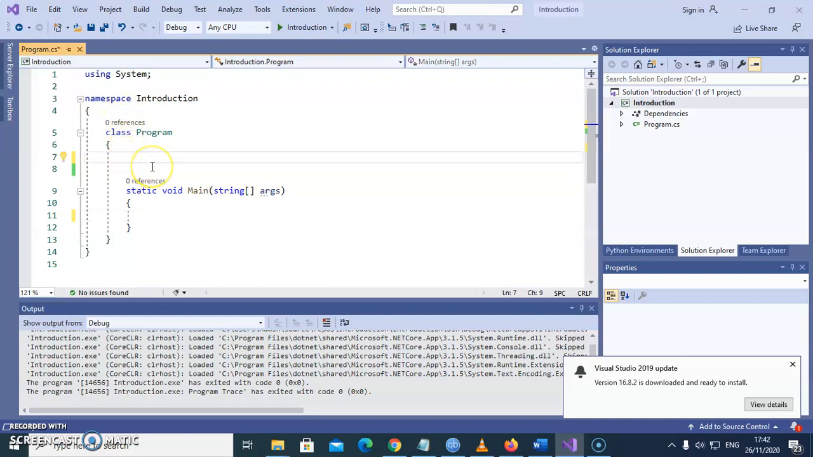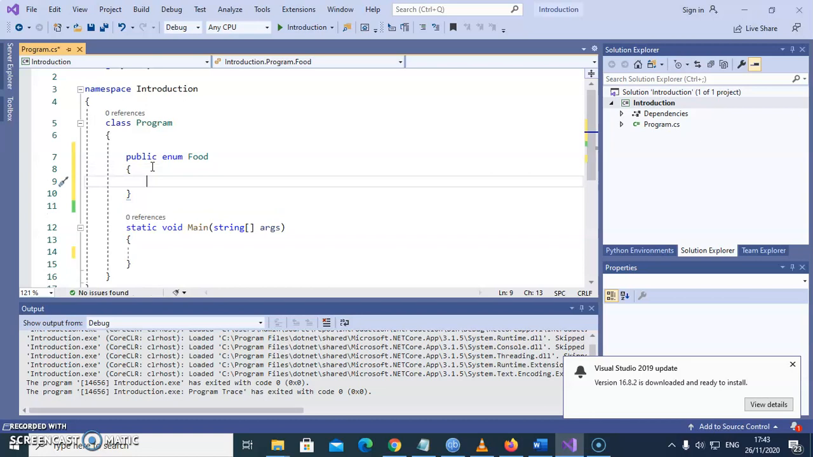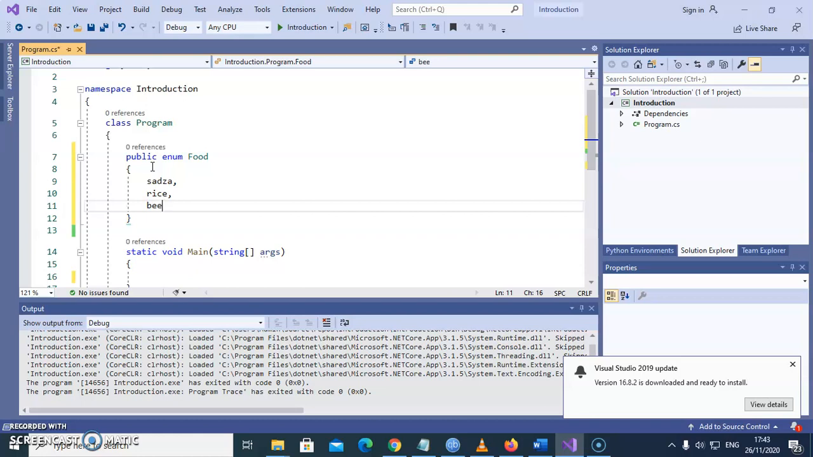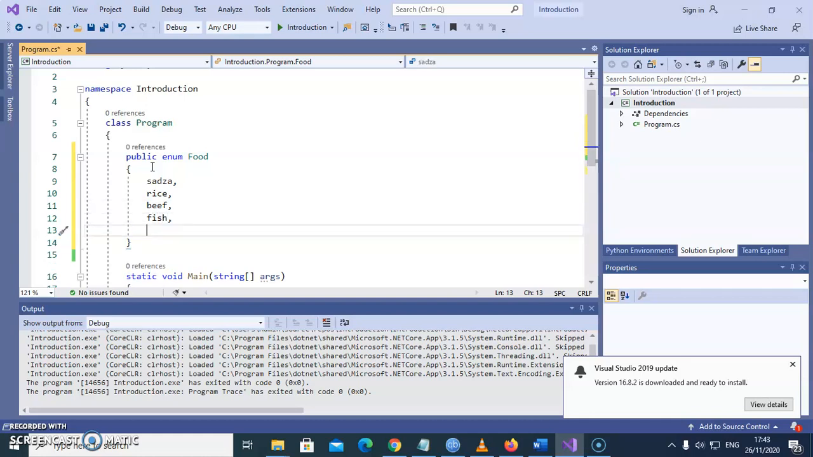So let's create our own enumerator. Let's make it public. You have to use the keyword enum, right? Then you write the name of the enumerator. So we want to create an enumerator that consists of food, right? Food. So right now we just list the enumerators: sadza, rice, beef, fish, right, and chicken. So this is the food that we have,